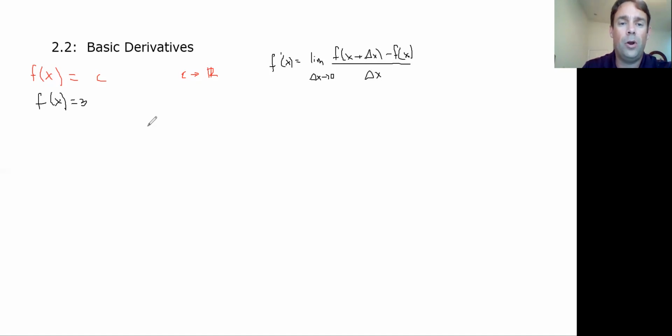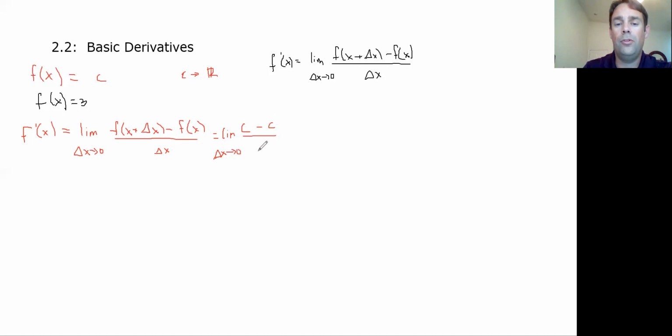So if I use my definition of a derivative here, f prime of x for any constant number, I'd get the limit as delta x approaches 0 of f of x plus delta x minus f of x, all over delta x. So if our function is just some constant number, then that's just going to be c. So c minus c, whoopsies, all over delta x